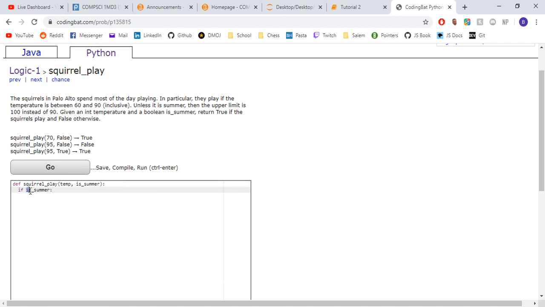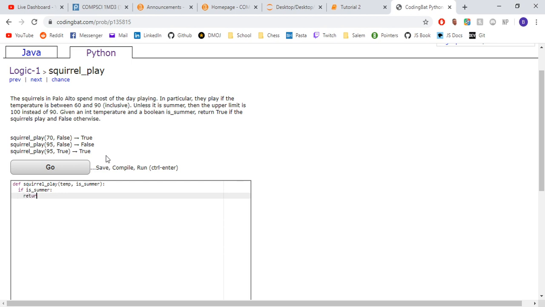And by the way, when you have if statements like this with a boolean here, you're basically saying is true, right? That's basically what's going on underneath the covers, but it's kind of implicit. So when you use Python, you don't actually need to say is true. You could just remove that and have the Boolean condition right here. So we're saying, if this summer is true, then we're going to return our squirrel is playing Boolean value, between